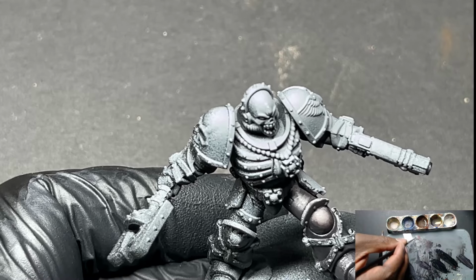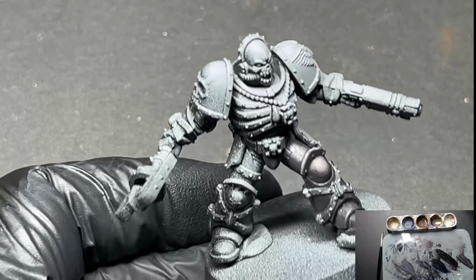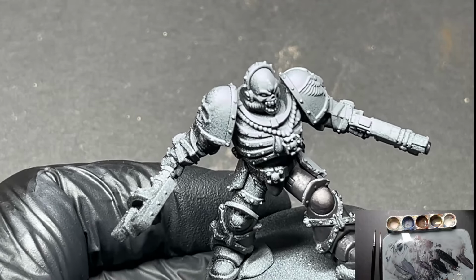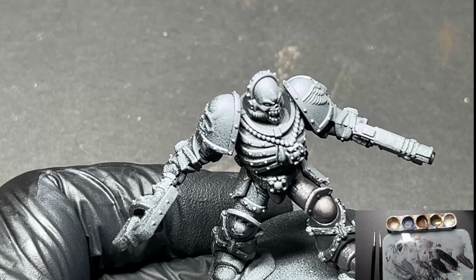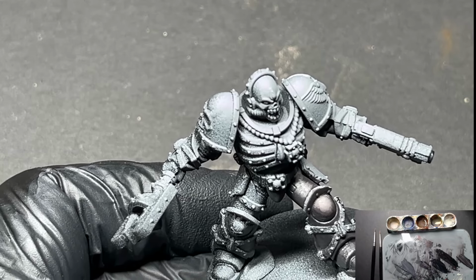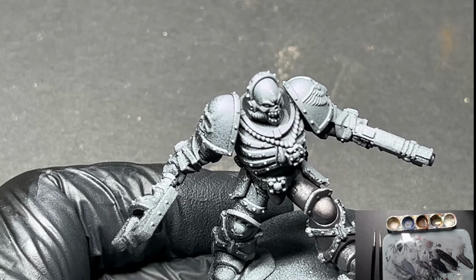If we use too much thinner, then it becomes like a kind of puddle. The oil paint, because of the way it works and the way it moves across the surface, ends up becoming much more like a wash, a lot easier. So we do want to try and keep it as...